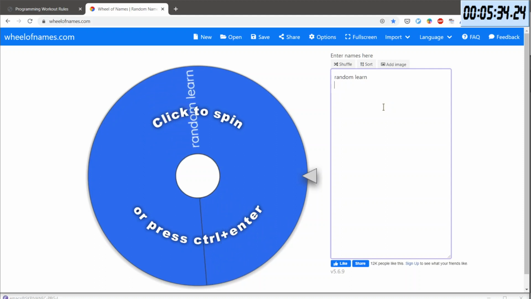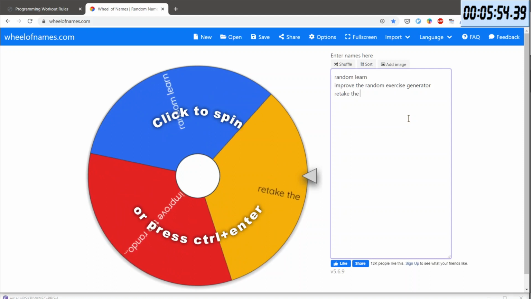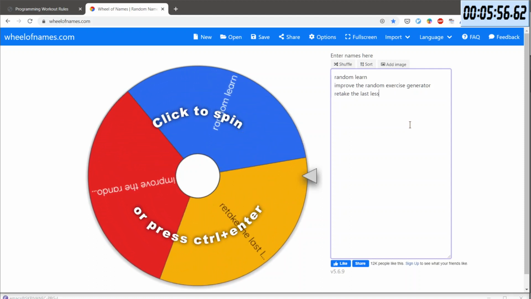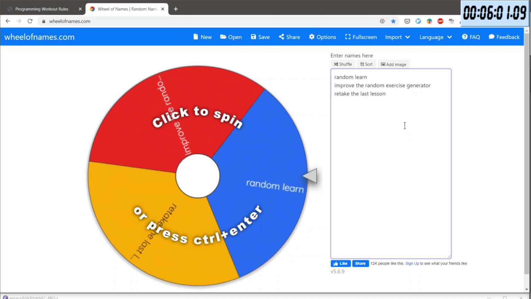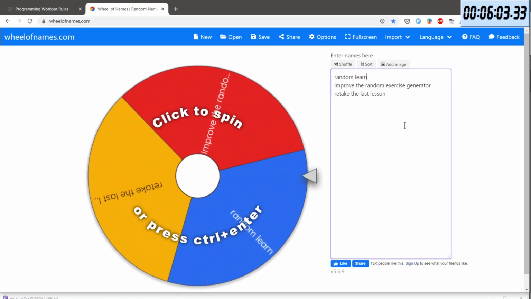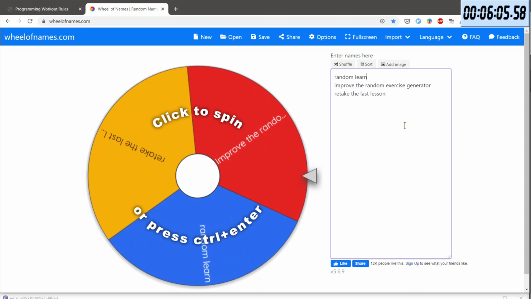The second one will be improve the random exercise generator. And the third is retake the last lesson. Those are the three things I'm thinking about.